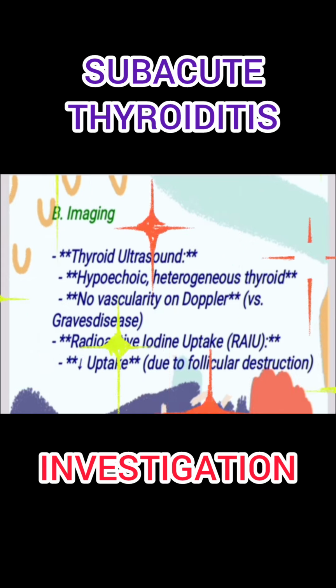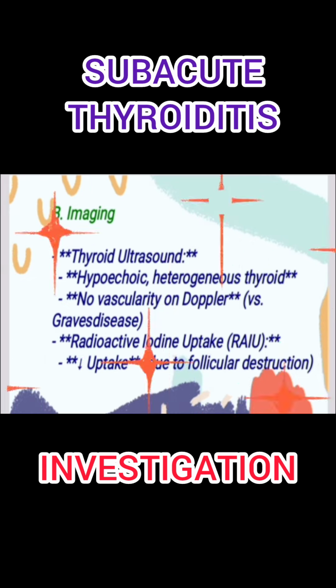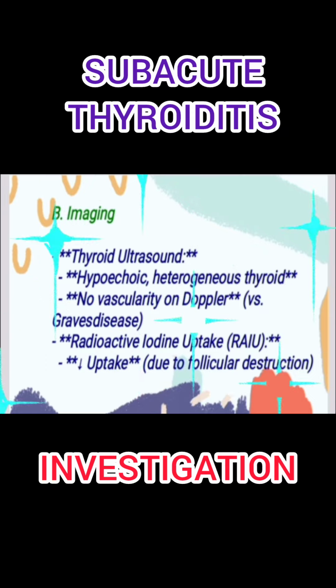Very different. In conditions where the thyroid is overproducing hormone, like Graves' disease, the RAIU is typically high because the overactive cells are grabbing lots of iodine. So